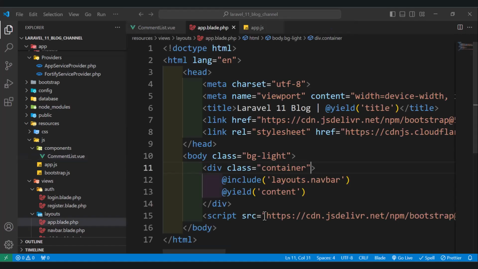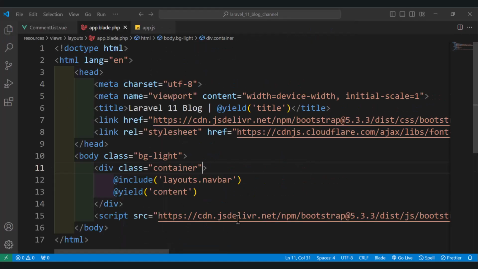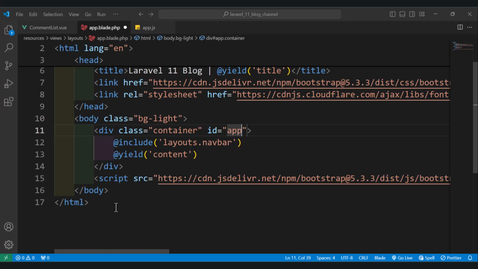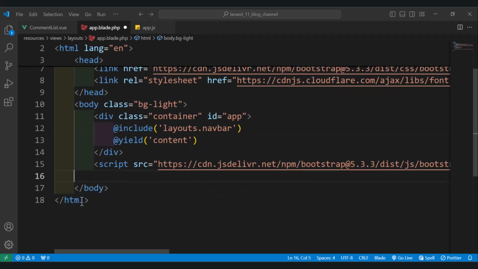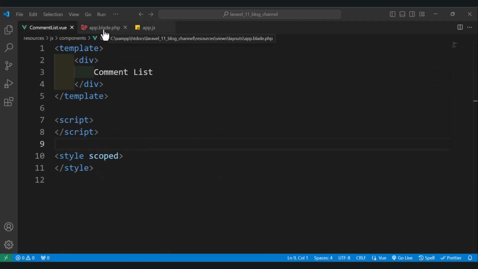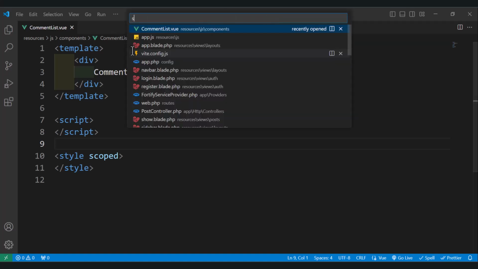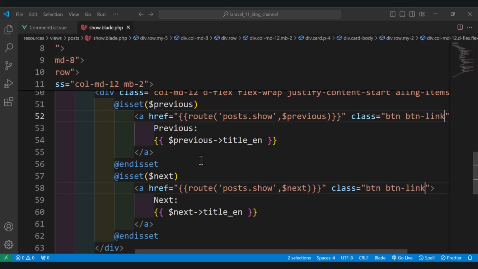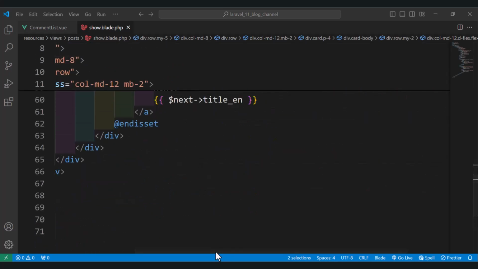app.blade.php. So here we need to add, let's give this an ID app. Let's give it to the div with class container and add the contents or the path to the app.js file, this one. So okay, we can use the command list inside show. So let's move to show.blade.php, and for now we will just